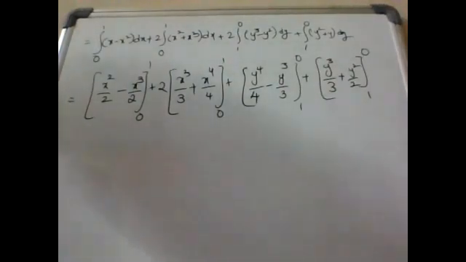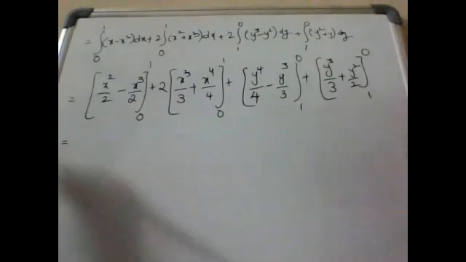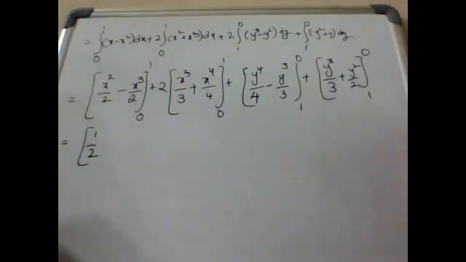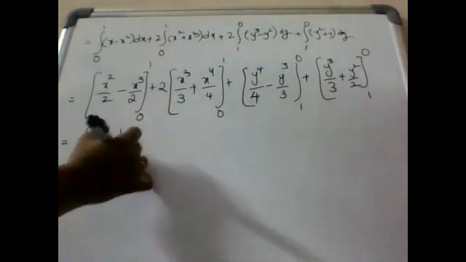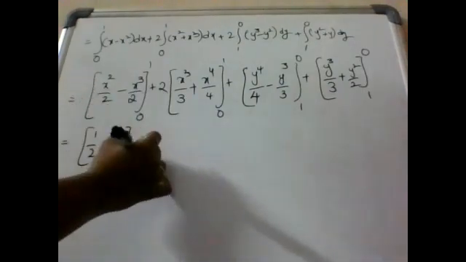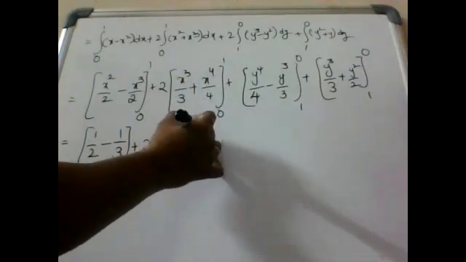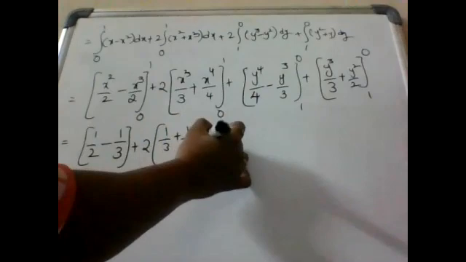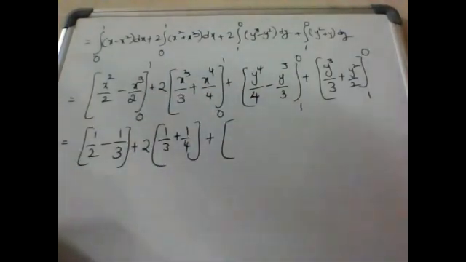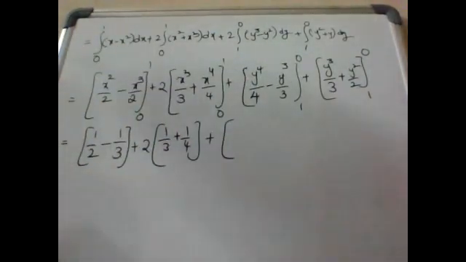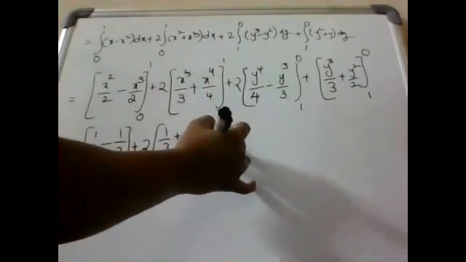After that, substitute upper limit minus lower limit. We get here 1 by 2 minus 0. Lower limit means here we have minus 1 by 3. So lower limit means 0. We get minus 2 into 1. First substitute upper limit, 1 by 3 plus 1 by 4. Lower limit means we get 0, plus upper limit. Upper limit when we substitute we get 0. We get 0 after; here 2 is constant, here also 2.